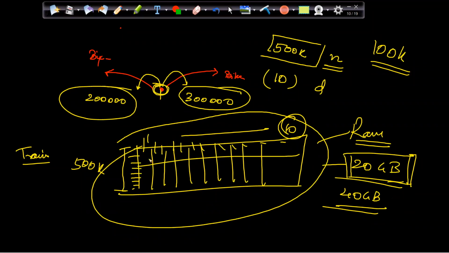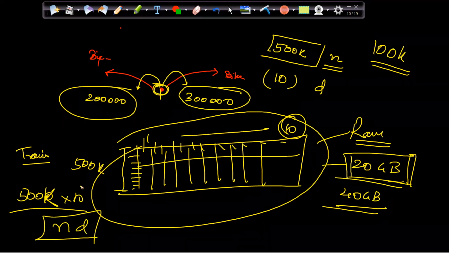So how many computations are happening? 500K into 10, because with the 10 dimensions, basically ND, that much of computation is happening and that much of space is required. So automatically what will happen? It will be a time consuming process and also a space consuming process, because I am making around 500K into 10, which is 5000K computations for one query point.